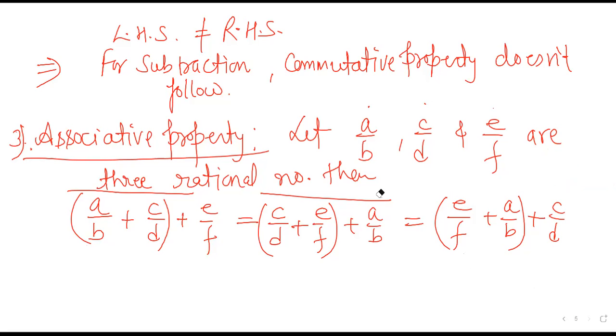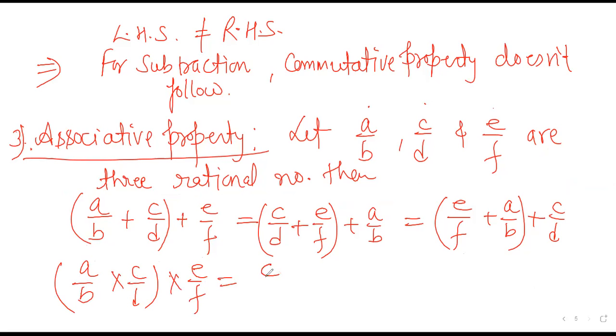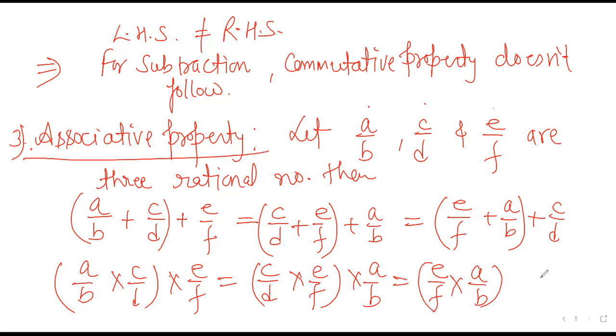But if you are talking about subtraction and division, that will not work. But for multiplication, it will be the same. Only you have to change the sign and nothing changes. For multiplication, this will be the same thing. So for both addition and multiplication, this associativity with the natural numbers will hold.